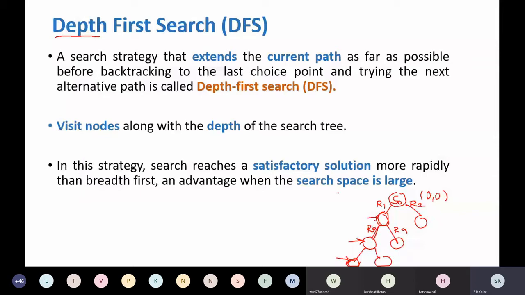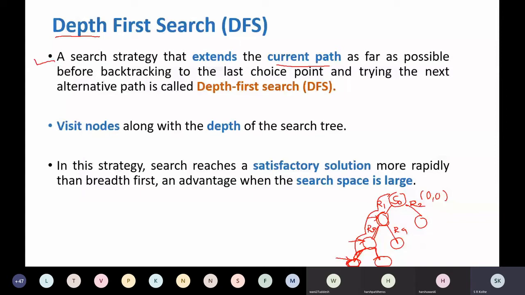This strategy extends the current path as far as possible before backtracking. So as we have seen, the current path is explored as far as possible without backtracking. Now after this, if it is not possible to move further, then you have to backtrack and find out whether this rightmost node is a goal node or not.